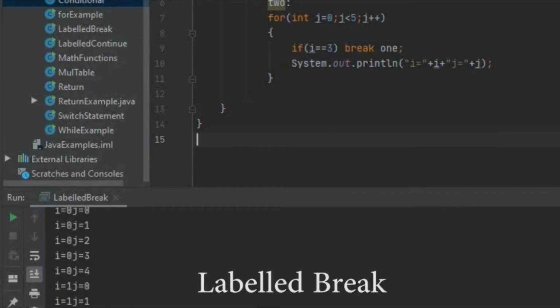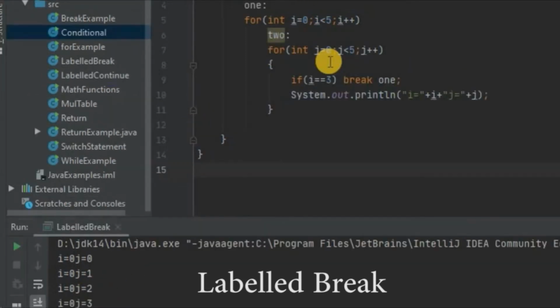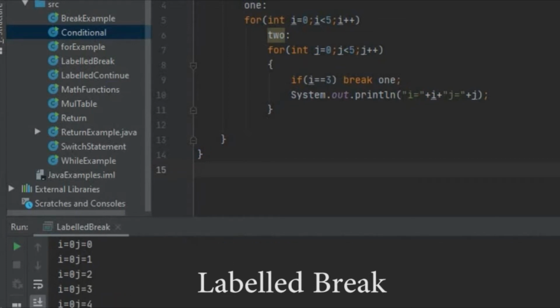Now when we run this program, in the output we can see i is equal to 0. That means from 0 i started, j started from 0 and repeated up to 4. That is 0 0, 0 1, 0 2, 0 3, 0 4. Same way, again it took 1 and j is repeated up to 4.